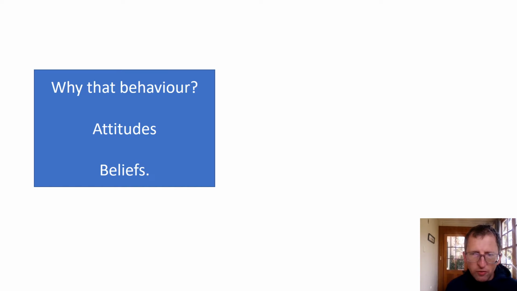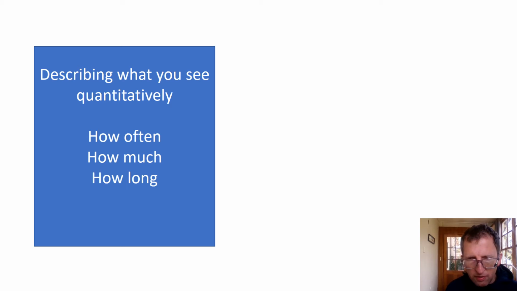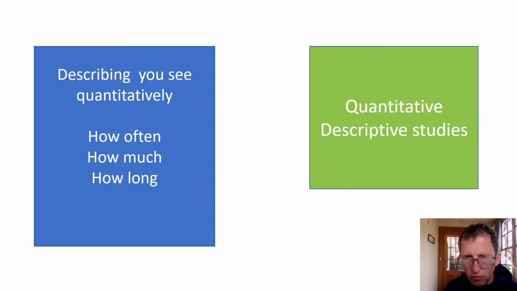So we started off with question types related to why: that behaviour, attitudes or beliefs. So what are my barriers to my patients taking L-bicillin? And we came up with that you really want to search for qualitative research to get these answers, such as a focus group. If our question starts off with us describing what we see quantitatively, so how often, how much, how long, for example, prevalence of methicillin resistance amongst our Staph aureus isolates, then we're really after a quantitative descriptive study. So, for example,